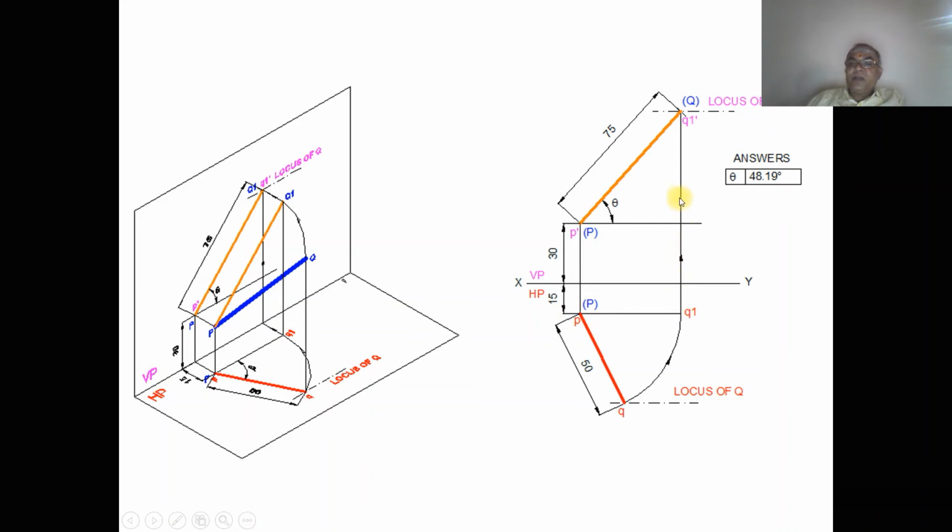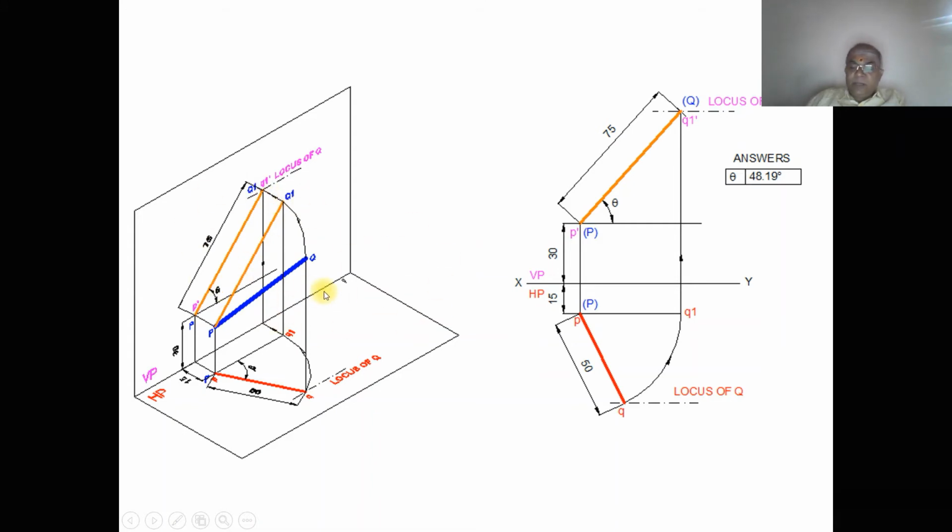So you project this to the front view, with P dash as center, taking the radius of 75, cut an arc on this, so you are going to get the locus of Q in the front view. As we know that small PQ1 is parallel to VP, you are getting the true length. So we mark this as capital P and capital Q. And then the true inclination with respect to HP is known, so we are going to find that out. When we rotate from this top view to make it parallel, you are going to get this. So this is how we have shown it in the